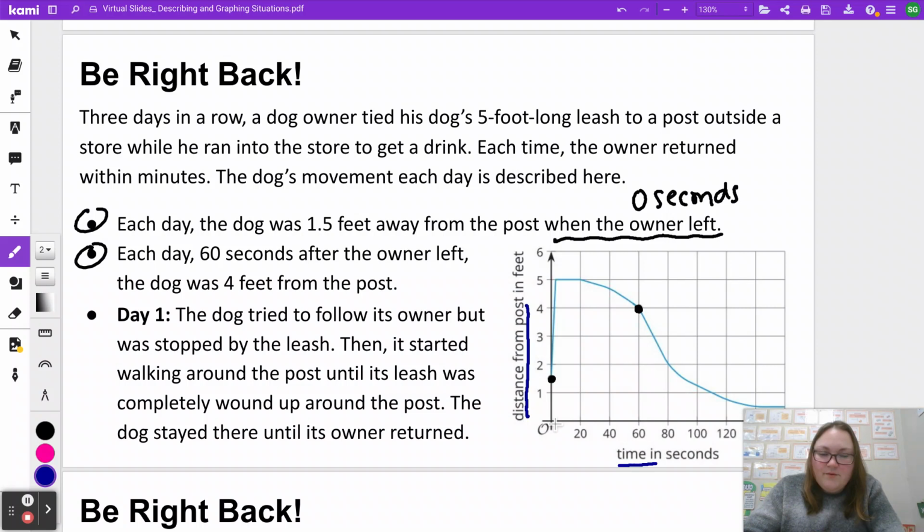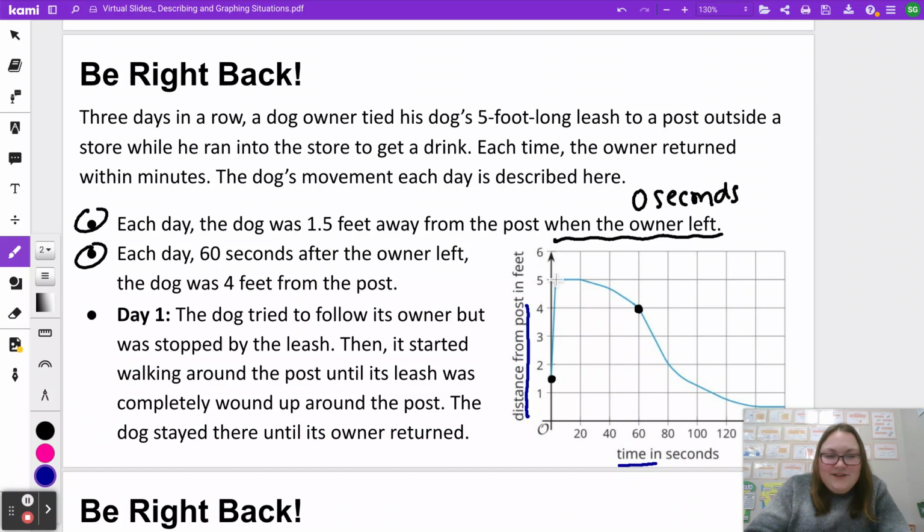Well, as soon as the owner walks away and the dog starts to follow him, time is going forward. So I'm thinking about, as my line moves forward on my graph, as my line is showing that time is passing, what is happening to the distance? Well, if the dog tries to follow the owner, that means the distance is going up. The dog is walking away from the post. So notice my line goes up. I made my line go up pretty quickly